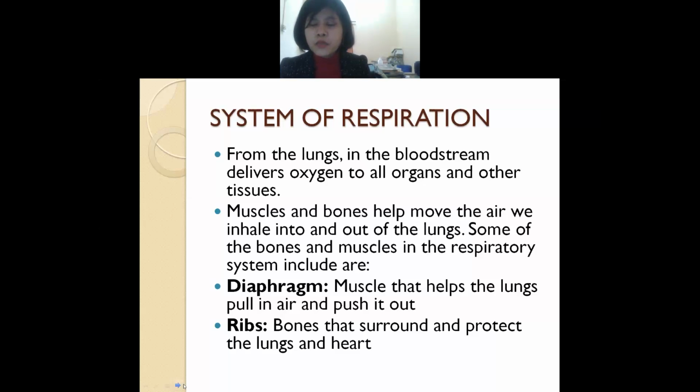And next is ribs. So these ribs are the bone part. So in these ribs, what will you find? You will find that the ribs, they protect the heart and your lungs. I mean, during the respiratory system, so that they will remain at the correct place or correct position. They help in that. Next क्या है?